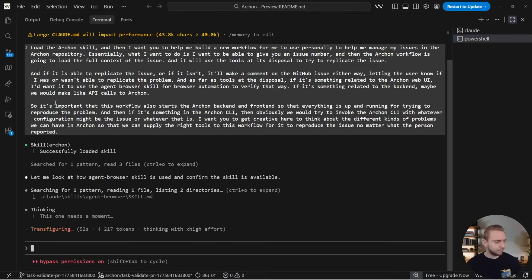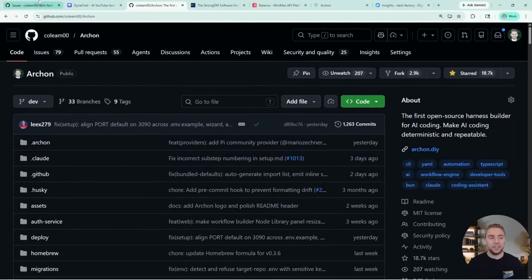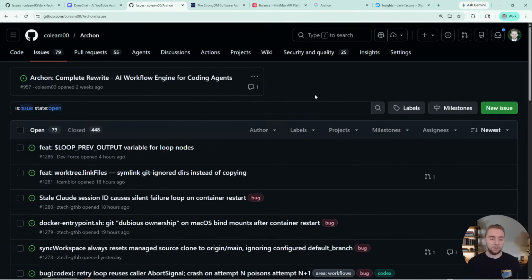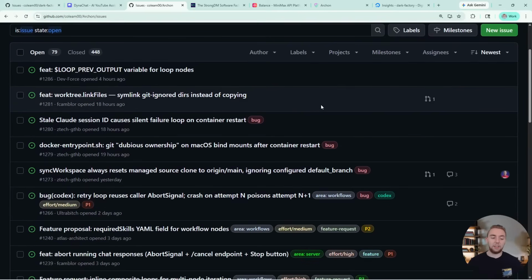So, one of the biggest reasons I want to do this is because as much as I really appreciate people giving issues, trust me, thank you guys for being a part of Archon and submitting issues and pull requests, I'm grateful for that. But there are a lot of issues where it's user error, right? They didn't configure something correctly, or they don't quite understand how to use Archon, so they think it's a problem when it's not. It's always a possibility.